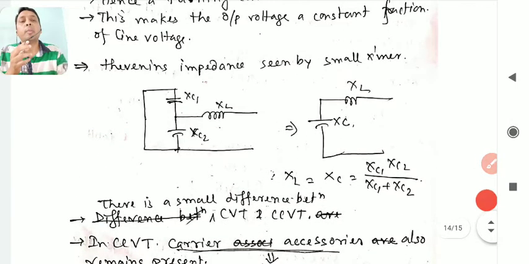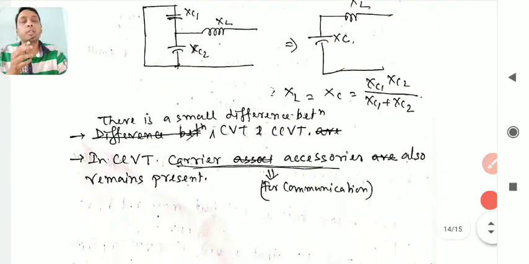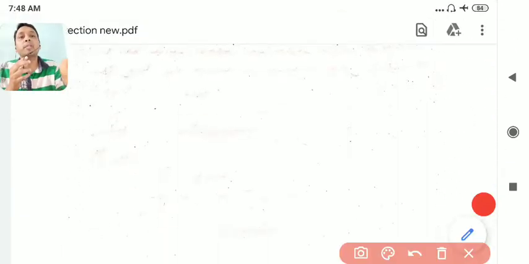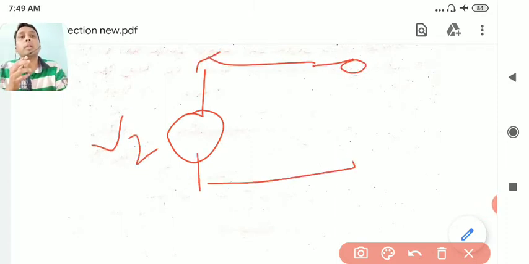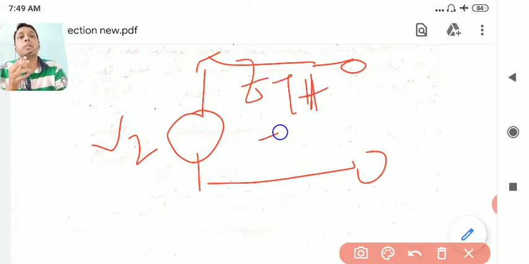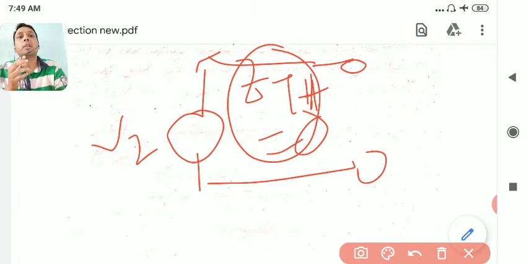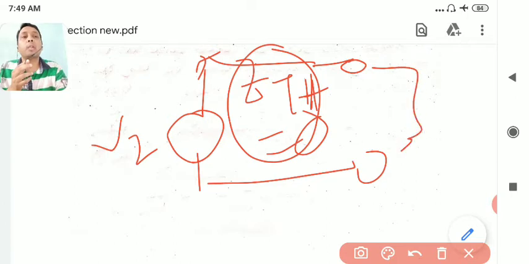So what will happen if you make it resonance? If you make it resonant, it means your XL equals XC. So virtually there is no impedance. So your Thevenin's equivalent will be V2, and then nothing is there, no ZTH, it is 0, because it is resonance. Resonance means XL equals XC, so it will cancel out. So if there is no internal resistance, whatever load you connect, this voltage will always remain V2.